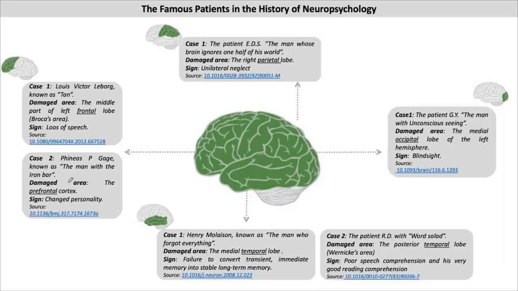We are going to start the last part of this session about brain lesions and how we can learn from brain lesions how different parts of the brain are working. In the history of cognitive neuroscience, we have many famous cases of injuries in the frontal areas, in the temporal areas, in the parietal area, or in the occipital area that help us to understand how different parts of the